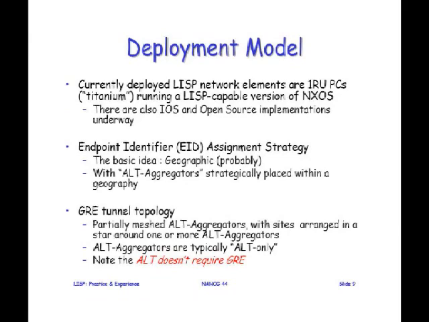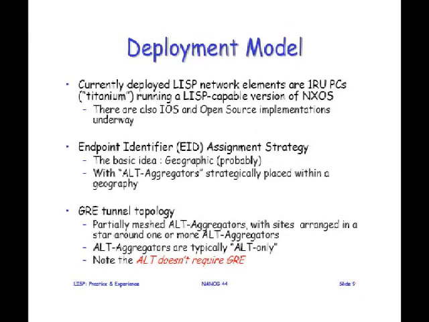Endpoint identifiers, remember I was saying we really wanted to keep these aggregated, because if we don't do that, we'll just move the problems that we have in the DFZ right now into the mapping system. So we're trying to do this geographically and along the lines of the RIRs. That's the idea we have. And basically then we have these boxes that we're calling ALT aggregators, which are trying to aggregate these things up either continentally, regionally, basically geographically, and they're placed strategically around.